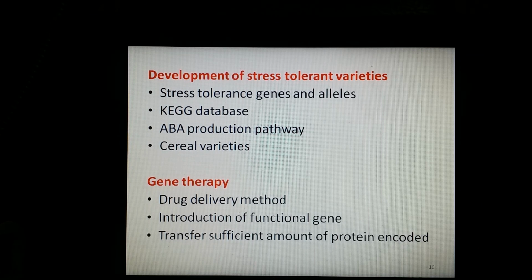The next application is gene therapy. Gene therapy is a new method of drug delivery that utilizes the synthetic machinery of the patient cells to create a therapeutic agent, and it involves the efficient introduction of functional genes into the suitable cells of the patient. This is done in order to create a sufficient amount of protein encoded by the transfer gene so as to exactly and permanently correct the disorder. Strategies of gene therapy are classified into 3 categories: gene addition, removal of harmful gene by antisense nucleotide or ribozymes, and control of gene expression.